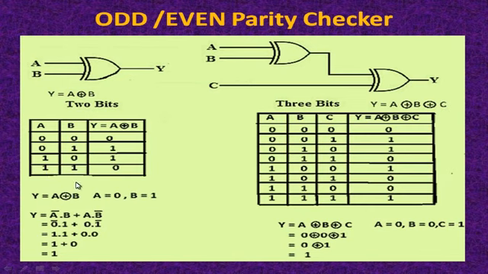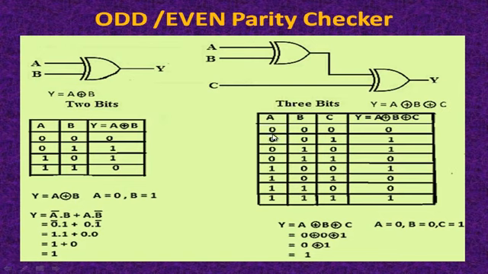Is that clear? Now exactly we have to use this concept in the next part, an application of XOR gate, that is odd even parity. As you can see, odd even. Even means there are two inputs. But what about a three input XOR gate? As there are three variables, how many possible combinations for input? Yes, 2 raised to 3 is equal to 8. So these are 8 possible combinations of these three variables.